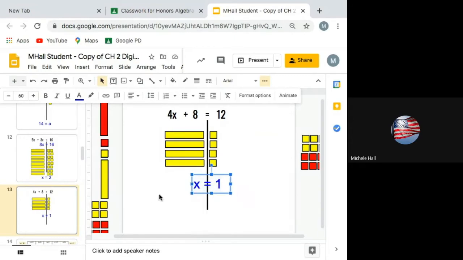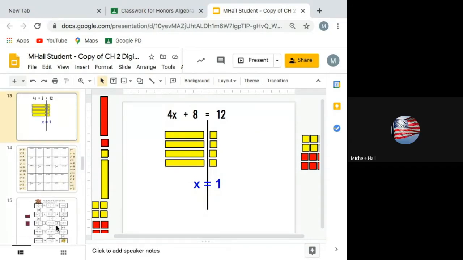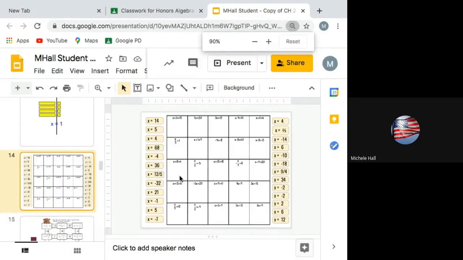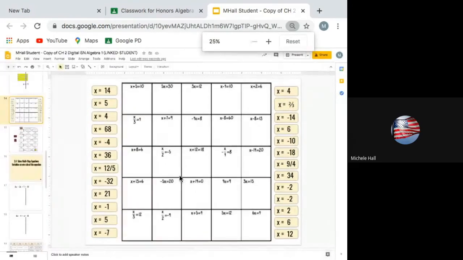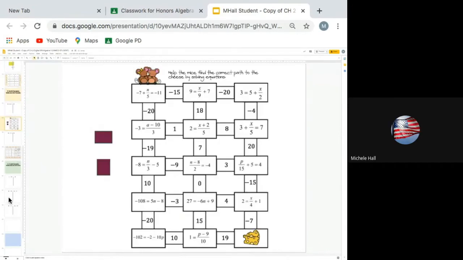All right, when you finish that up, this is your homework. We're going to do notes first, though. These 2 slides are your homework. You just have to drag your answer over. If you have a hard time seeing the slides, if you do Control minus, it'll make the slides on the side smaller. I made it smaller because